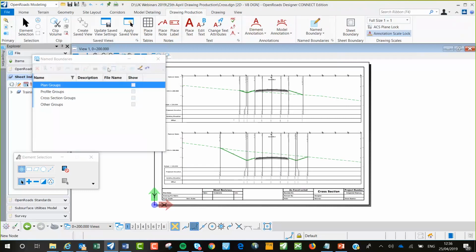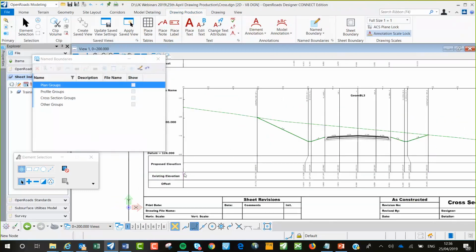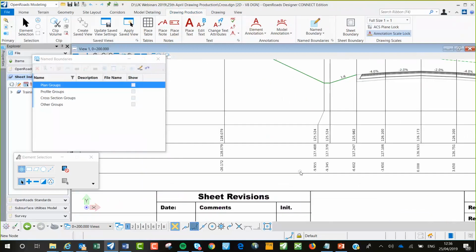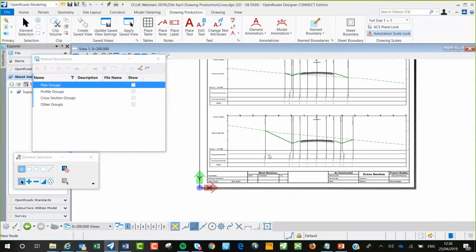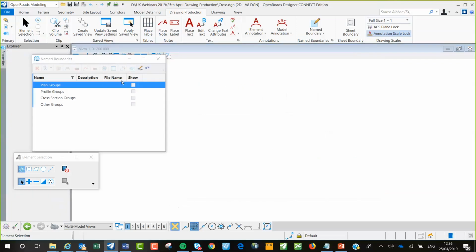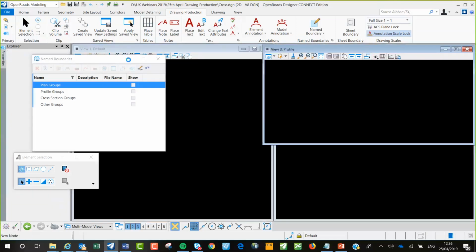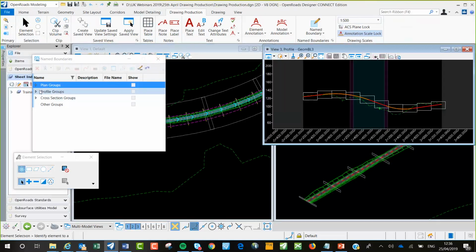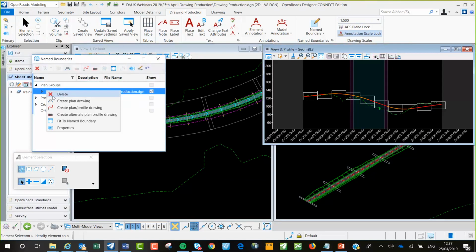So that's the cross section, and as you see, there's boxes proposed, existing elevation, offsets, etc., all annotated quite nicely, and that's something that hopefully Mark will show you. Just back to our final drawing, drawing production there. So I just want to show you. You can actually tidy these up quite nicely. So once you've finished with it, you can either keep it or you can delete your